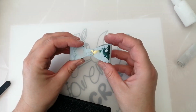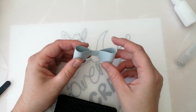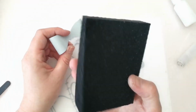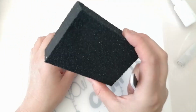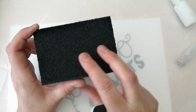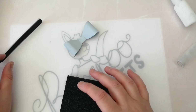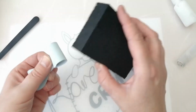Okay, so that's now setting under some heavy books, and I'm just going to work on this bow. So obviously this is the bow that we painted, and now I just want to distress it back a little bit. In order to do that, I've picked up a couple of things. These are sanding blocks. I got mine from my local pound shop, and it's a spongy sort of thing, but it's got a very rough texture to it, and also an emery board, and that should be enough to enable me to...